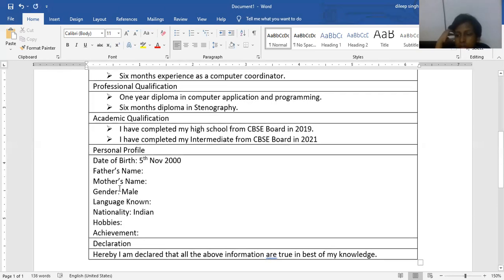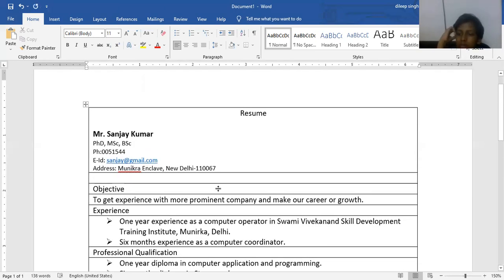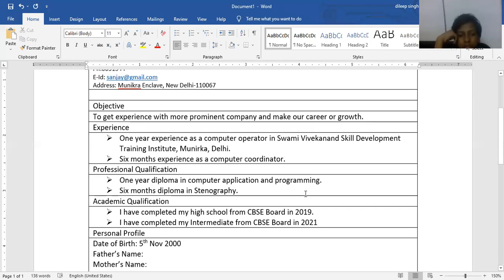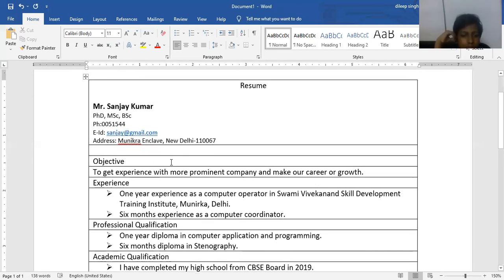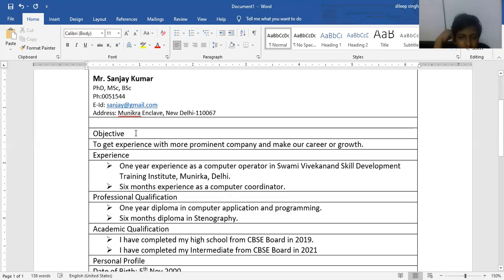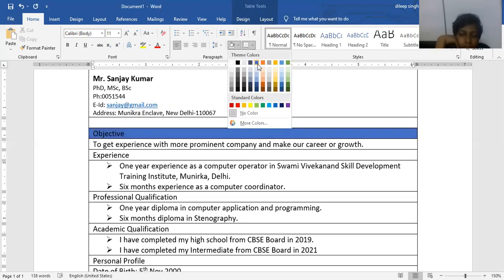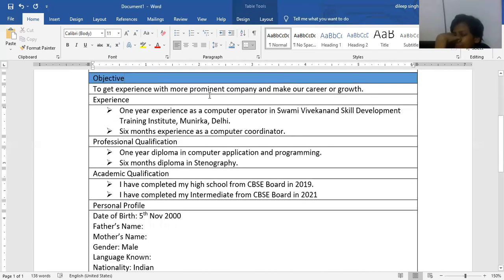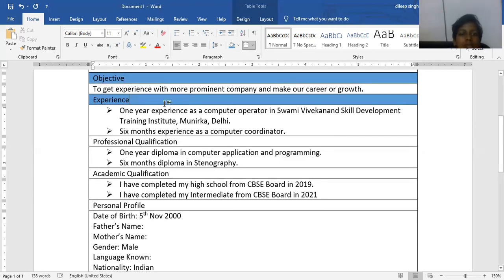Okay, and after forming this, you just change the format of your content. For example, firstly place your cursor in this, and here we give the shade to these headings in this manner. You can give the shade like this. Similarly, just repeat the shade by using this and make your heading attractive.